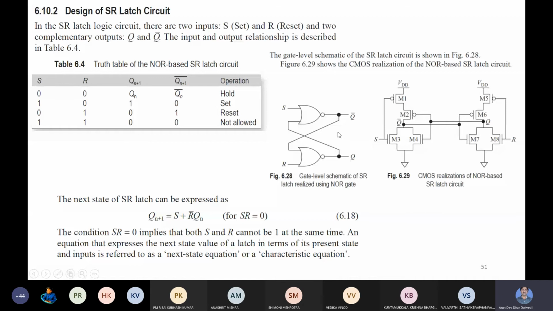The output of this NAND gate is giving input to the right side NAND gate. One NMOS transistor and one PMOS transistor are getting input from the output of this NAND gate. Similarly, the output of this NAND gate is connected to one NMOS transistor and one PMOS transistor of the left side NAND gate. So basically, as per the gate level diagram, it is designed accordingly, and the truth tables and other things are discussed here.